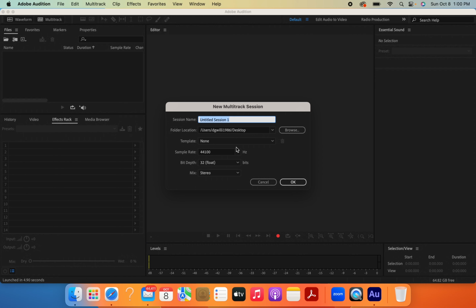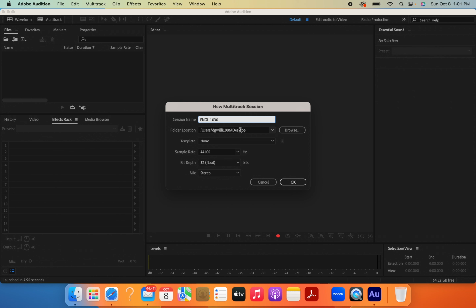And when this window pops up, y'all, there's just a couple of things that you need to make note of. For starters, go ahead and give your project a name. In my case, I'm just going to title it English 1030. Make note of where the project folder is going to be located. You can choose to place this in other locations if you'd like. In my case, I prefer to have it on my desktop, and that is simply because it is as easy